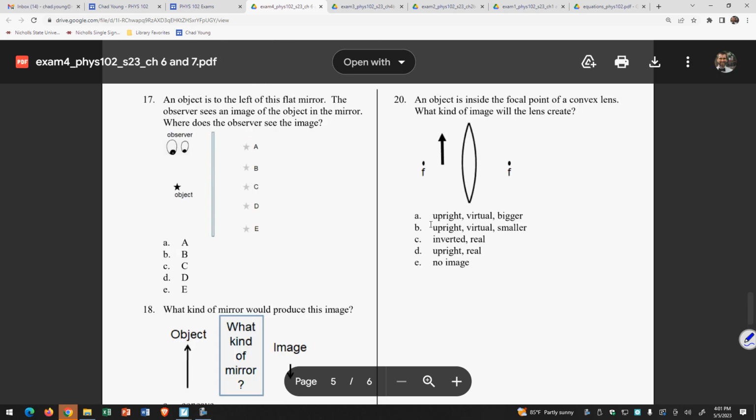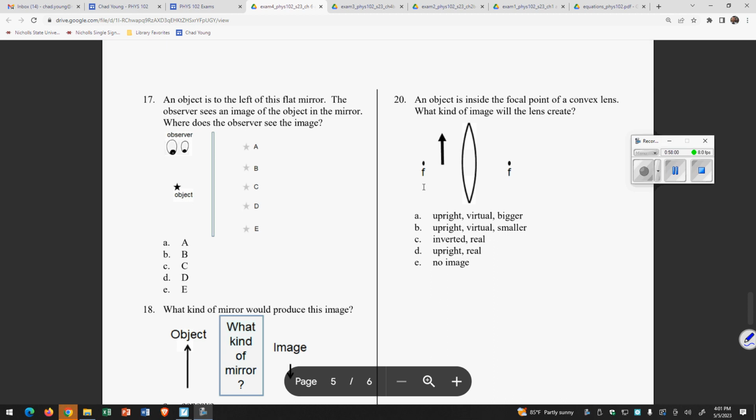All right. Is that all, y'all? Yep. There's some